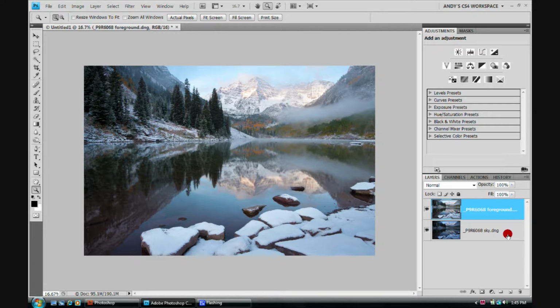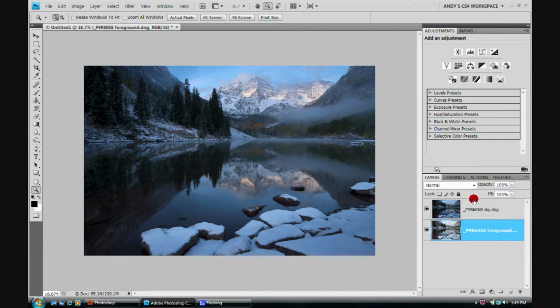Our job will be to use a mask to combine these two layers together in a very acceptable way, creating a final appealing image. For my workflow, I like to put the proper looking sky on top, so I'm going to take this layer and put it down here. Now I have the proper looking sky on top. I'm going to select that layer, add a layer mask to it,